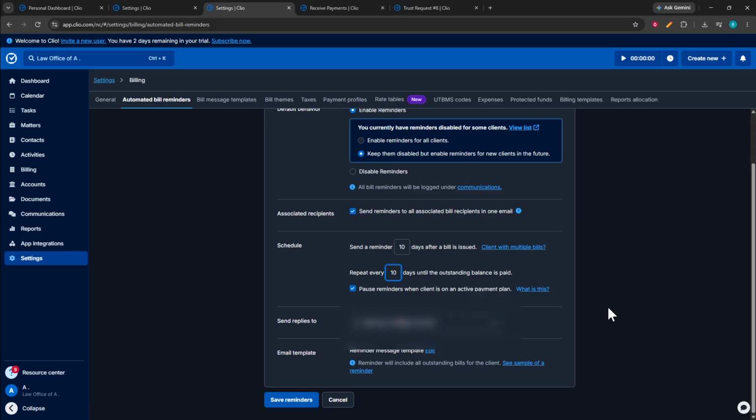Saving applies the billing reminder settings and enables the automated reminders you configured. From that point forward, Clio Manage will automatically send reminders for eligible outstanding bills according to the schedule in your settings. That means the system handles the reminder timing in the background based on the billing preferences you just saved. If a bill qualifies under those settings and remains unpaid, the reminders will be sent automatically using the subject and